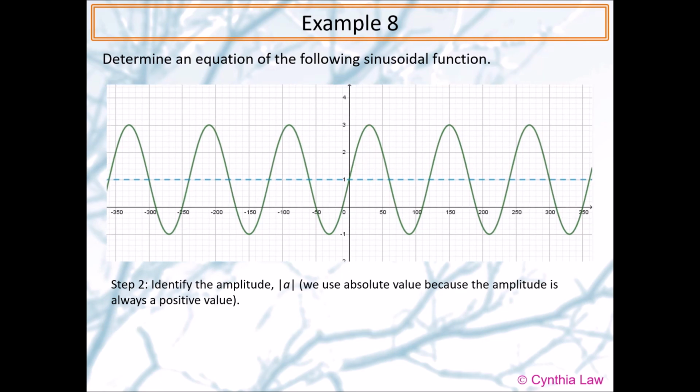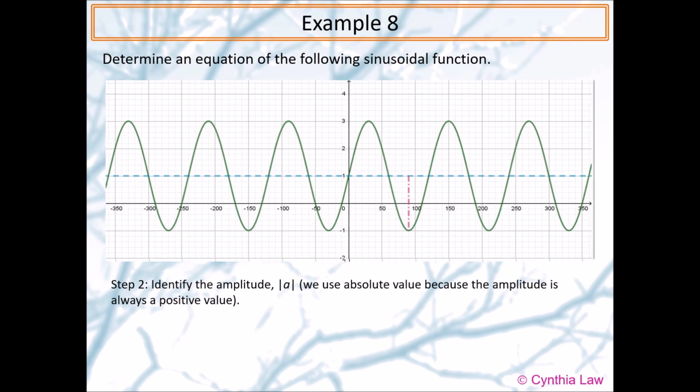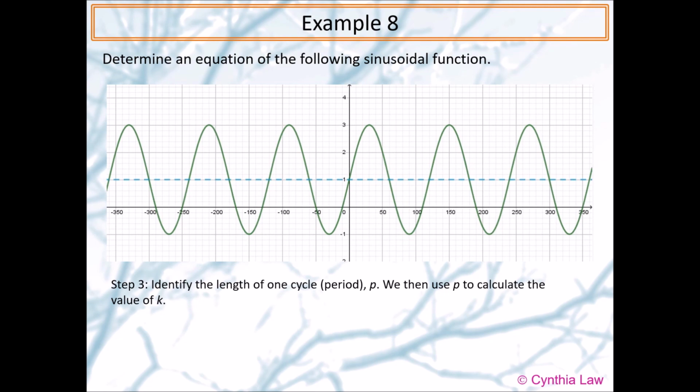We can also look at the minimum value. From the horizontal axis to the minimum value is also 2 units long. So the horizontal axis to the minimum value gives us an amplitude of 2. Step 3,